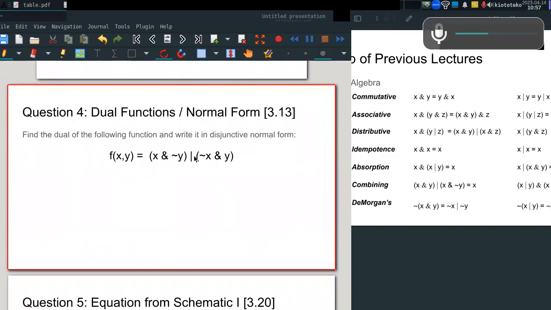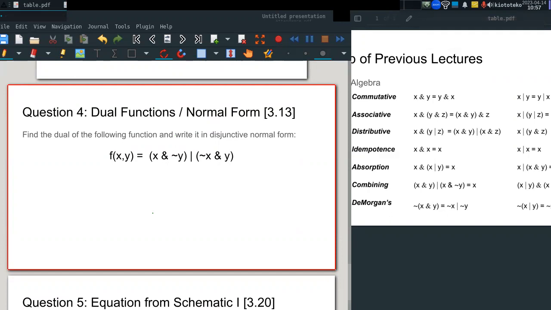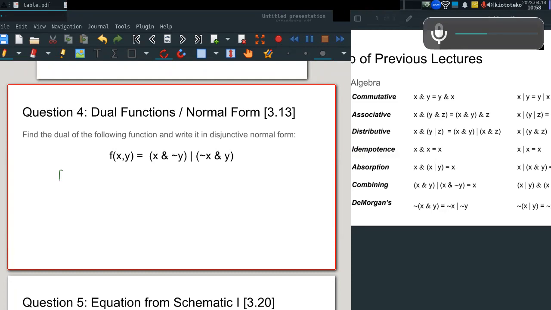Now, dual functions, normal form. So they are now asking us, first of all, to get the dual of this function and then write it in disjunctive normal form. So first of all, what was the dual? The dual was changing operators and changing zeros with ones or ones with zeros. So let's write the dual of this function, fd xy,